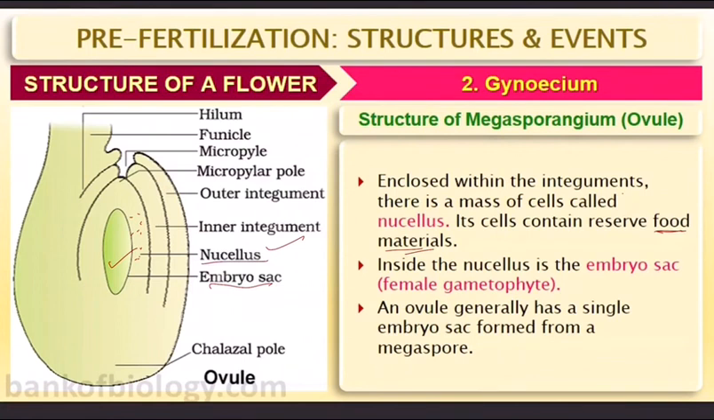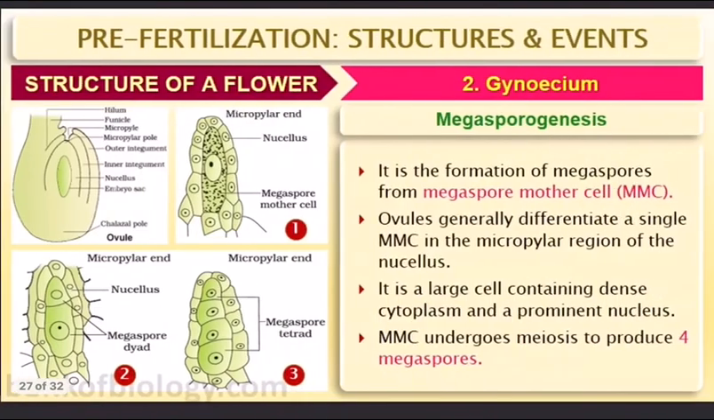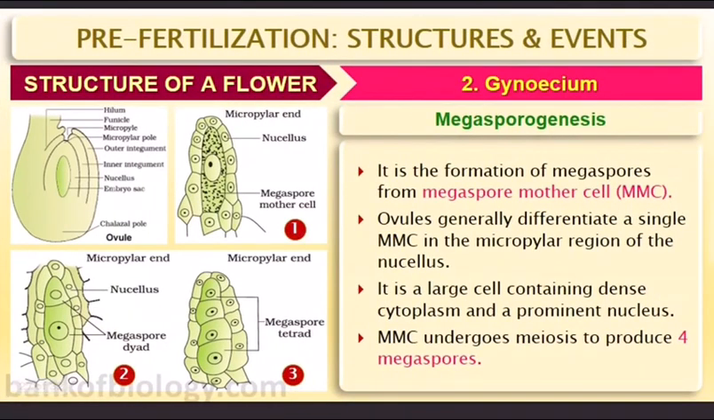An ovule generally has a single embryo sac formed from a megaspore. So the megaspore forms an embryo sac. And remember, there is a north pole and south pole, the micropylar region and the chalaza. So this is how an ovule, the megasporangium structure, is present. And now, how does the megasporangium form megaspores? That process of formation of megaspores from the megasporangium is